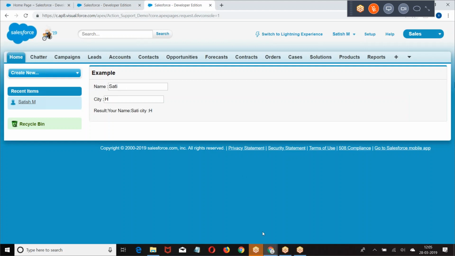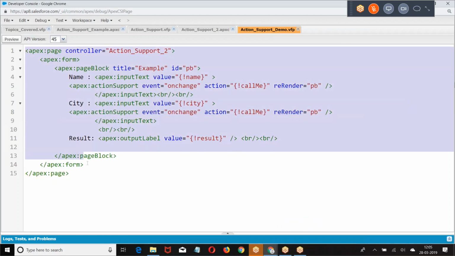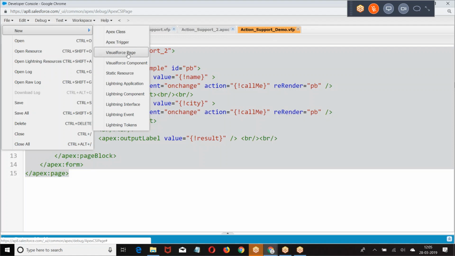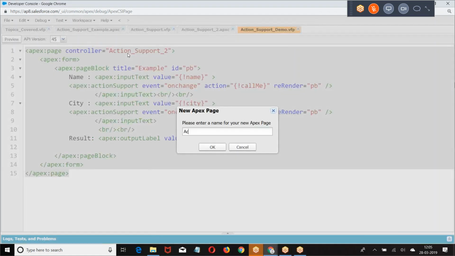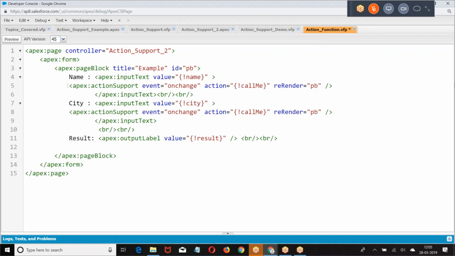Action function. What is the next concept we have? Action function. Same code I am taking, same class, but a slight change. Now, same code I'm taking, but I'm removing this.